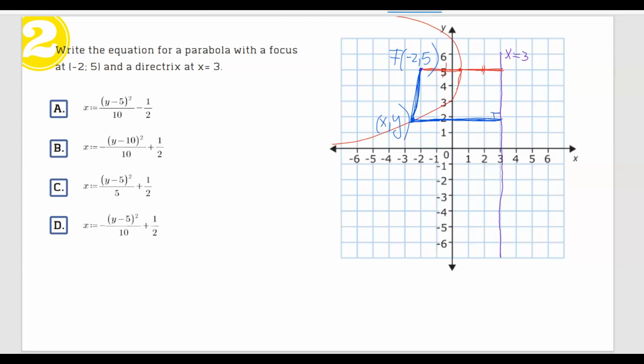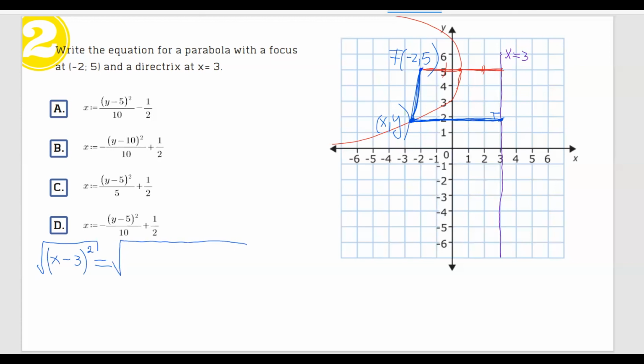Let's do that. So first we're going to have x minus 3. And again, to avoid getting a negative number, I will square this and take the square root of that. And then the distance between this arbitrary point on the parabola and the focus point